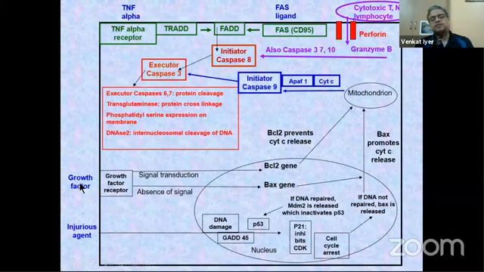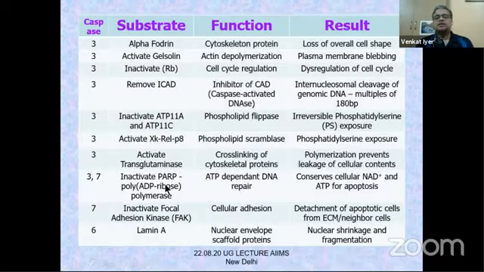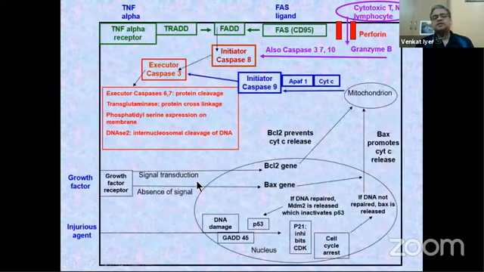Similarly, growth factor receptors can work in two ways. Once it binds to the receptor, signal transduction by various methods takes place, which via transactivating factors can either express BCL2, or in the absence of signal, there could be a BAX expression. And if there is BAX, it will promote mitochondrial release of cytochrome C. Once this is released, the apoptosome is formed, which causes cleavage and assembly of the initiator caspase 9, which activates the final cascade. So apoptosis is not as difficult as you might think